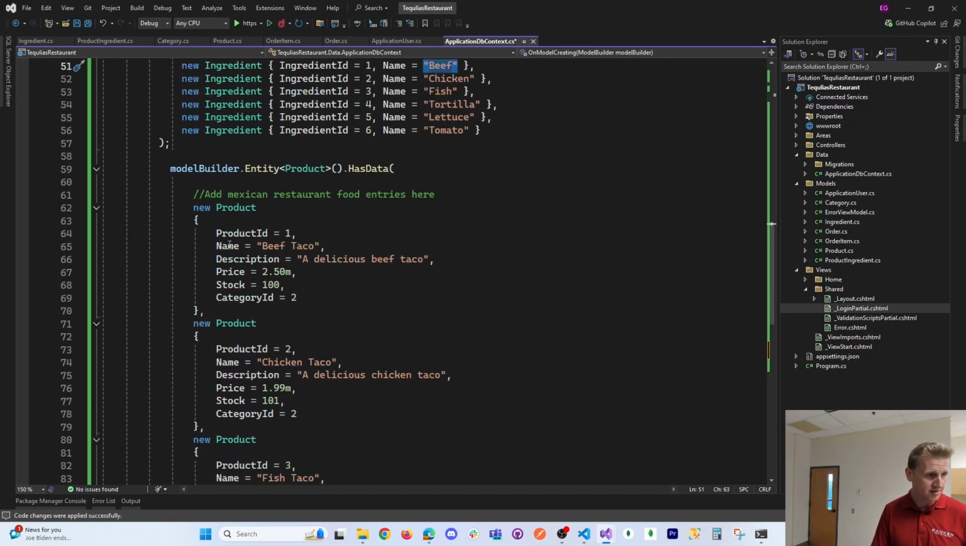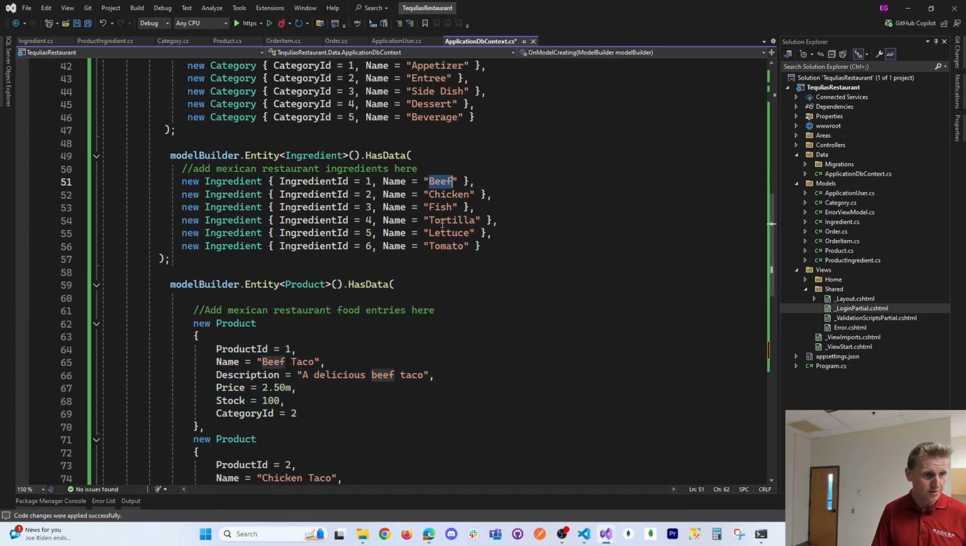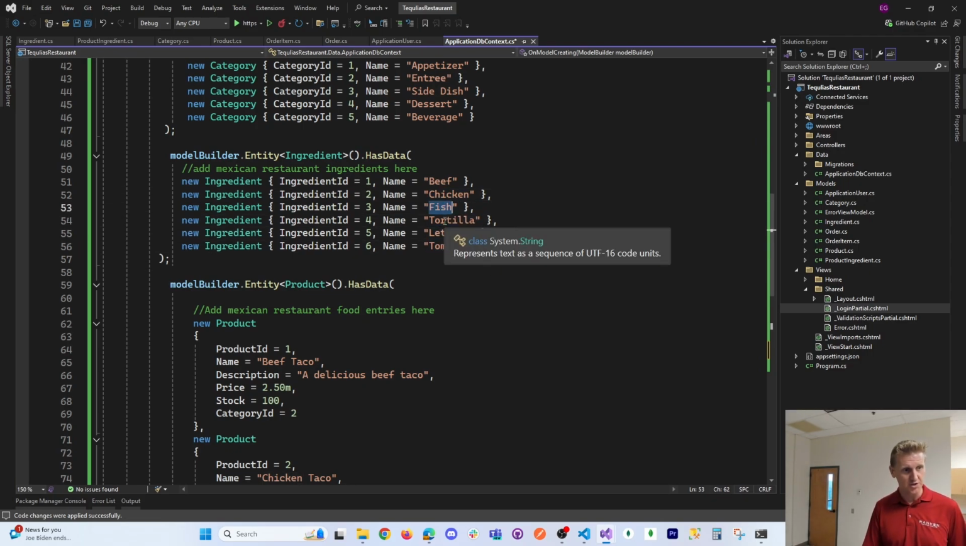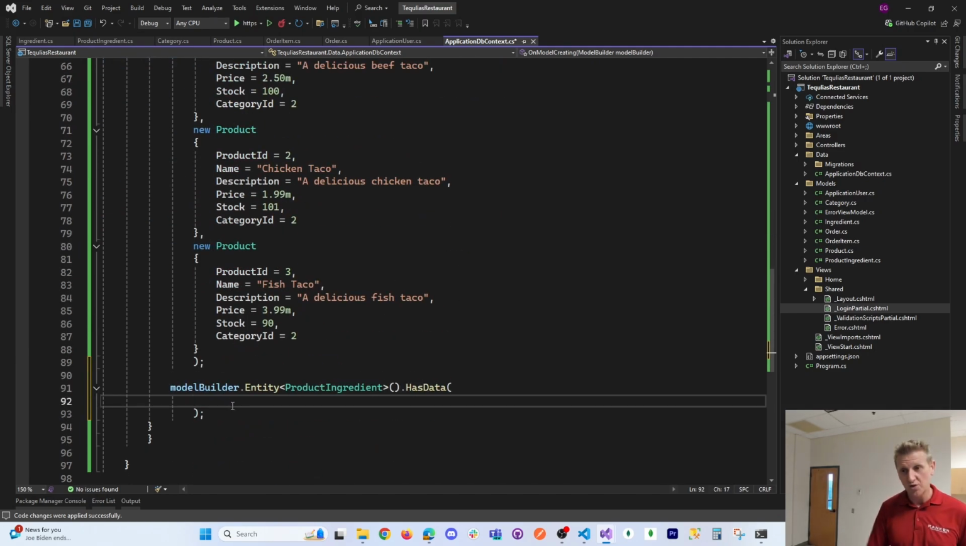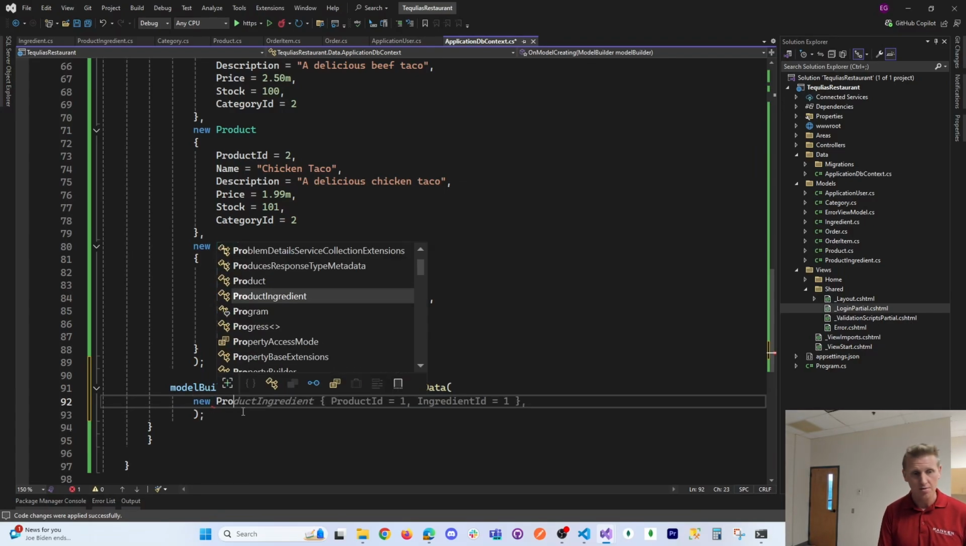is a product. I want to say a beef taco has beef, tortilla, lettuce, and tomato. And then I want to say a chicken taco has chicken, tortilla, lettuce, and tomato. I want to say a fish taco has fish, tortilla, lettuce, and tomato. And you do that just by using the keys. And so we will say new product ingredient,